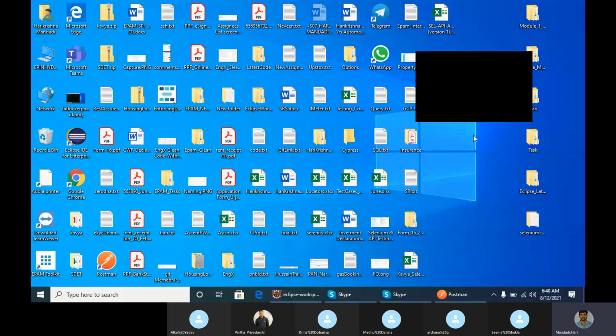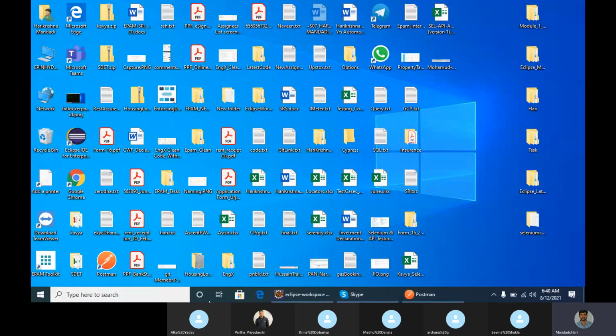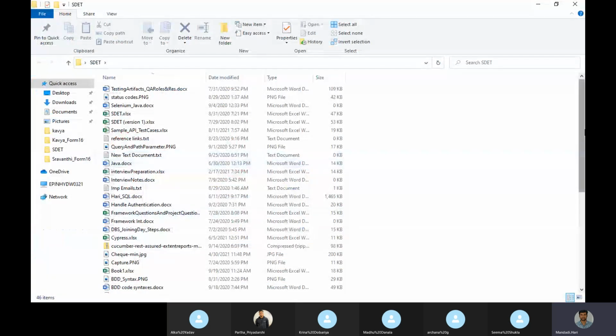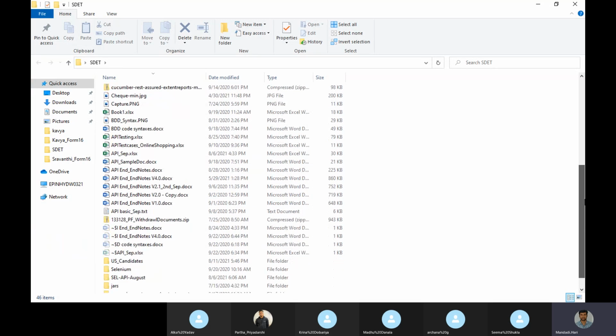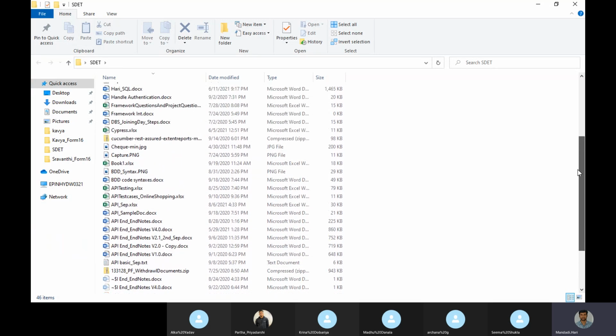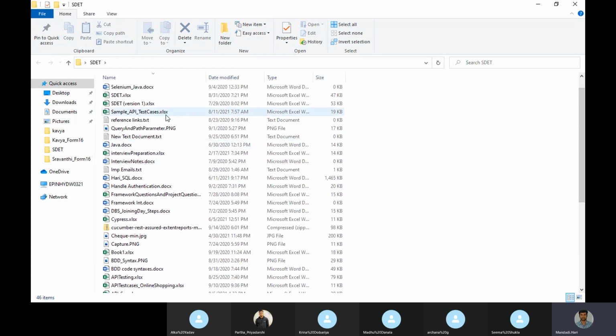So yesterday we have seen what kind of test cases we need to have for APIs. So if we open that sheet, one minute, I will open that sheet and we will go through it once. Then we will write test cases in Postman. One minute. Where is it? Okay, this one.